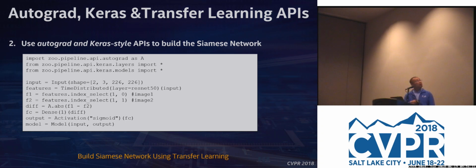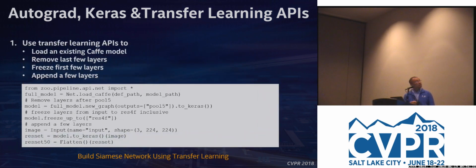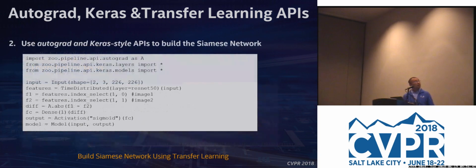And then now you can use the AutoGrad and the Keras style API to build out the Siamese network. Just remember, we load a pre-trained ResNet model, and we remove the last few layers, freeze the first few layers, and we transform it a little bit. We get a ResNet model, and then now in this case we actually